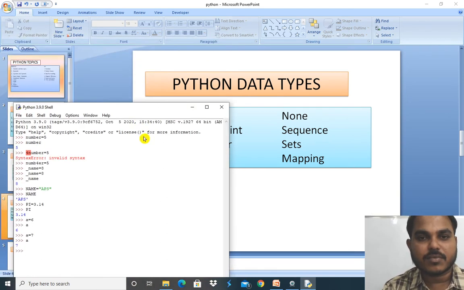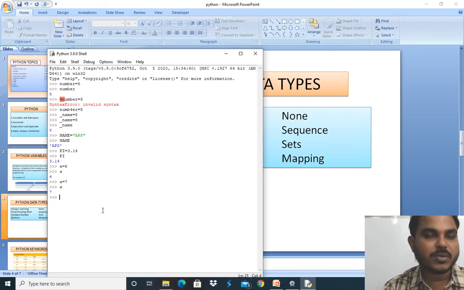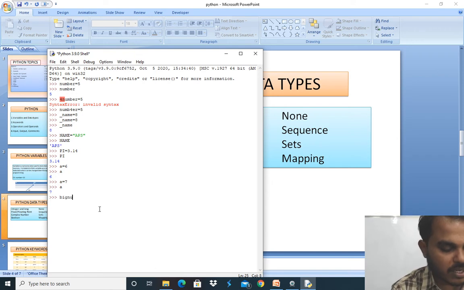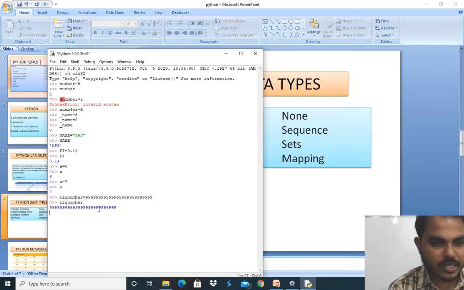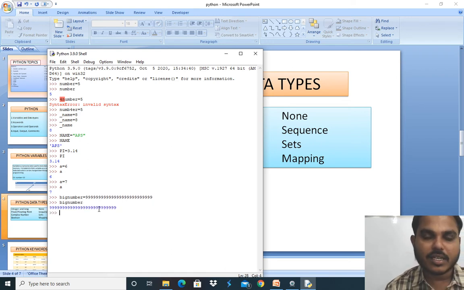Integer and long means big numbers can also be stored here. I'll show you a big number. If your values are bigger, they can also be stored, and whenever it is required in your code, that can be utilized.